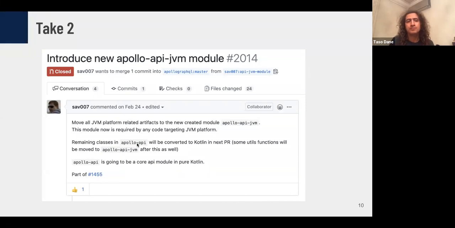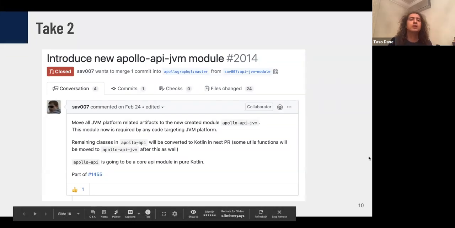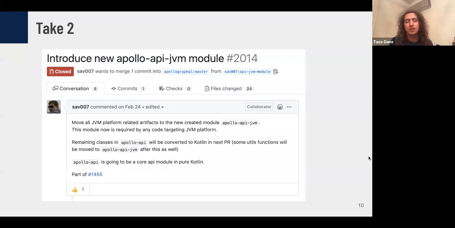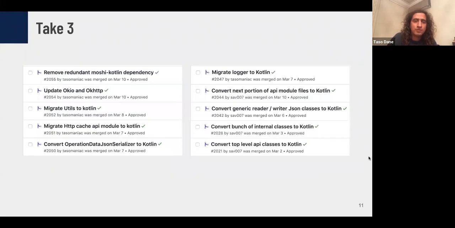Here, we wanted to separate JVM only functionality into a separate module so that the rest can be Kotlin Multiplatform. But the nice thing is that we figured out the Kotlin Multiplatform supports this already. So we will see in the future, soon, that you don't have to create a separate module. Actually, you can still keep JVM functionality in the same module, which is only shipped to JVM users. Pretty nice. So after that, what we did is that we